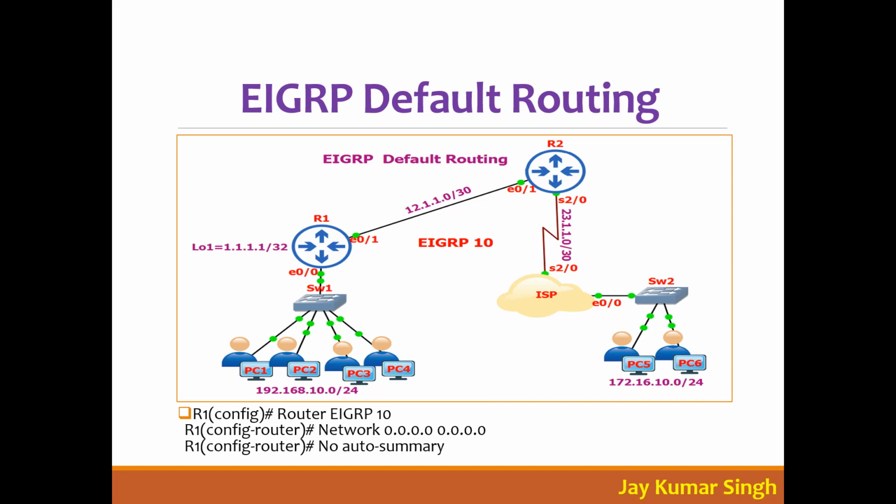And where do engineers need to configure this? Suppose I have some remote site. In that remote site, I just configure EIGRP and come back. On the router there is security and privilege, so no one can enter. So if some changes are needed, instead of going there, you just configure default routing. So there is no need to reconfigure.